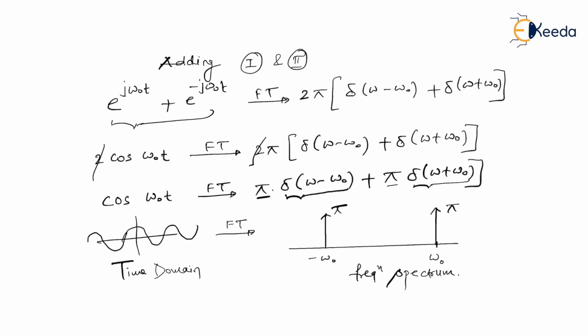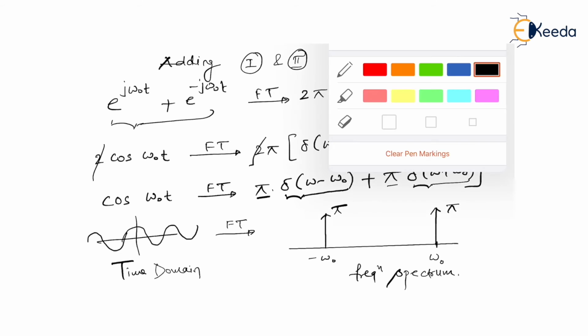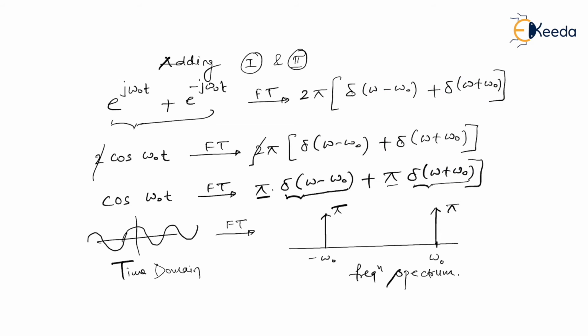So after addition of 1 and 2, I got this frequency spectrum, that is a frequency spectrum for the cos omega naught t signal, which is a periodic signal. So of course cos omega naught t is a periodic signal. So if I want to see what is the status of the frequency spectrum for a sinusoidal signal, then instead of performing addition, I'm going to subtract 1 and 2, or I would say subtracting 2 from 1. Then I'll get this.